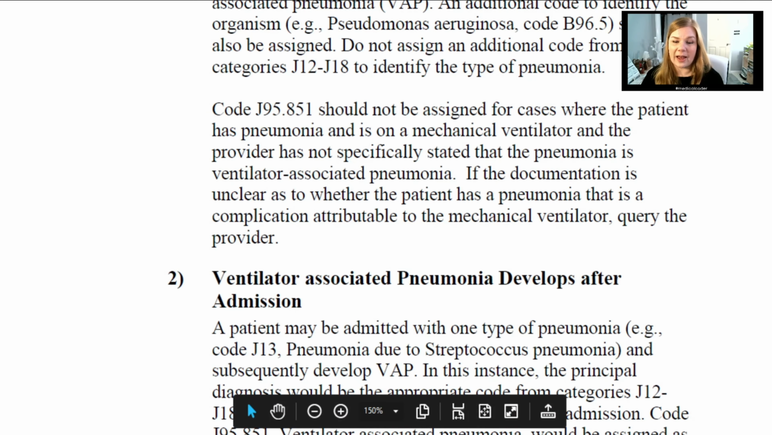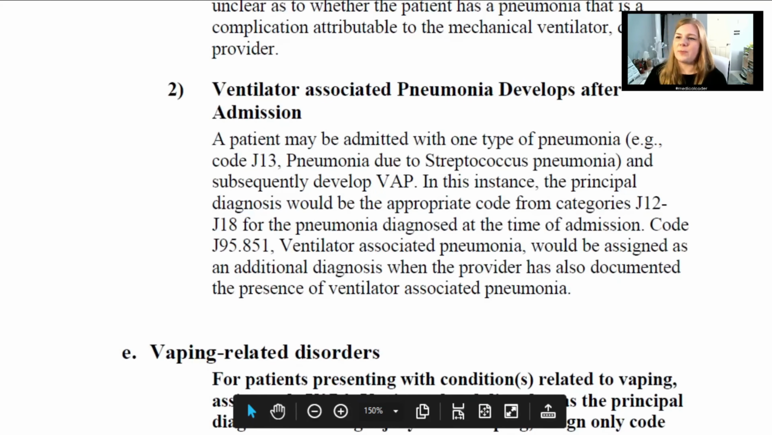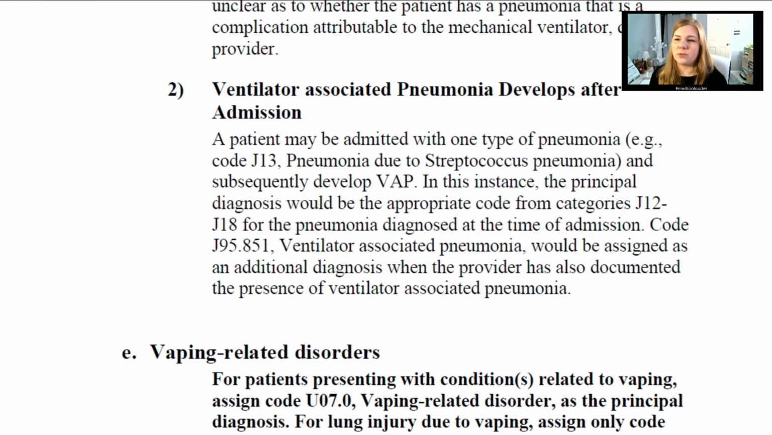Ventilator-associated pneumonia developing after admission. So a patient may be admitted with one type of pneumonia, such as the codes from category J13, pneumonia due to streptococcus pneumonia, and subsequently develops ventilator-associated pneumonia. In this instance, the principal diagnosis would be the appropriate code from category J12 through J18 for the pneumonia that was diagnosed at the time of the admission. We would also code J95.851 ventilator-associated pneumonia as an additional diagnosis